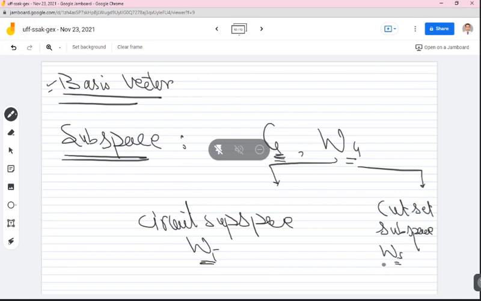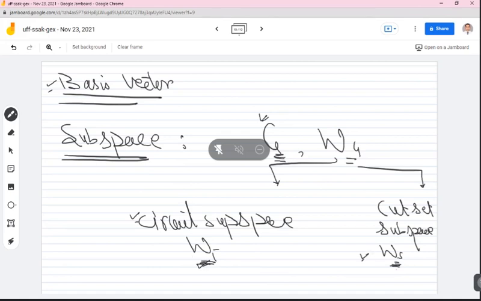Okay, so these are two subspaces of the vector space WG, which is associated with the graph G, circuit subspace and cut set subspace. Okay, then you can